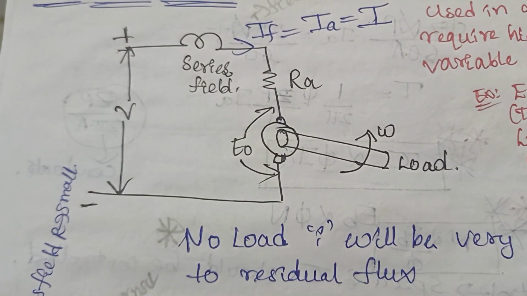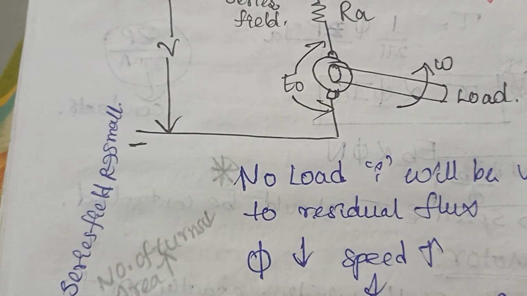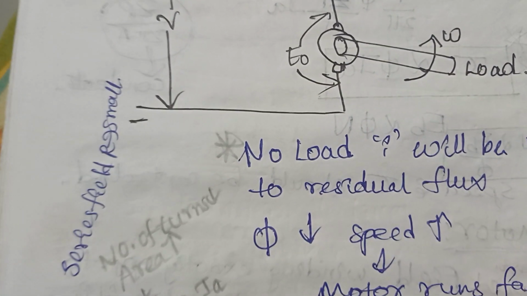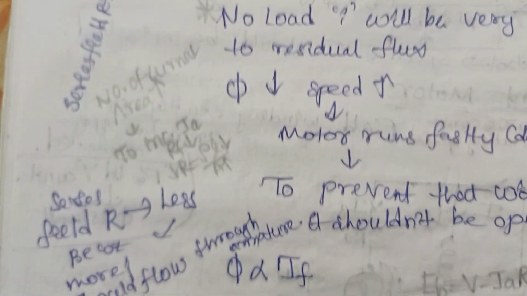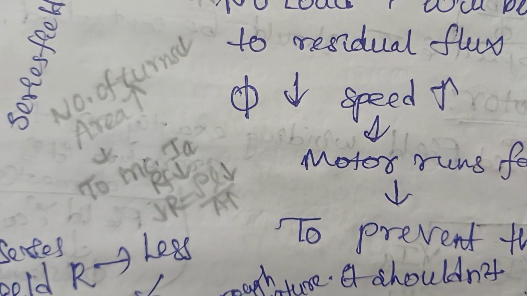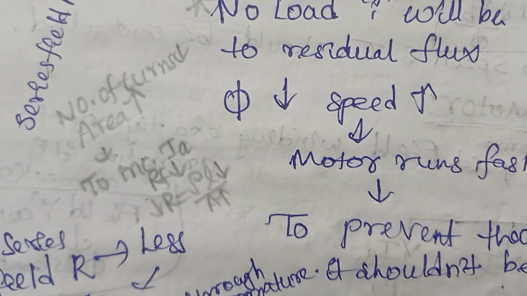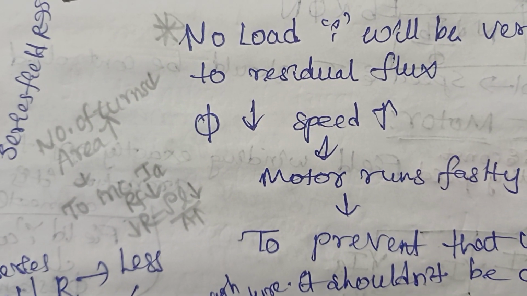Only when more current flows through the armature will we get a good output, right? So your field resistance should be less because more current should flow through the armature, and also your number of turns should be less and area of cross section should be more,